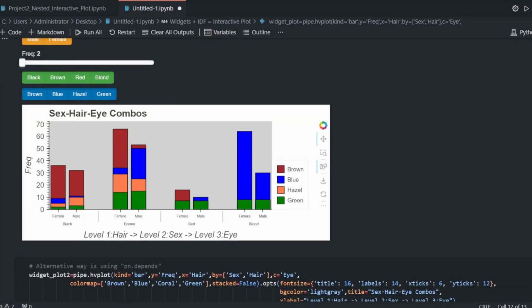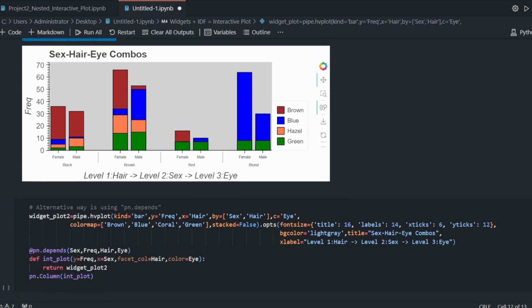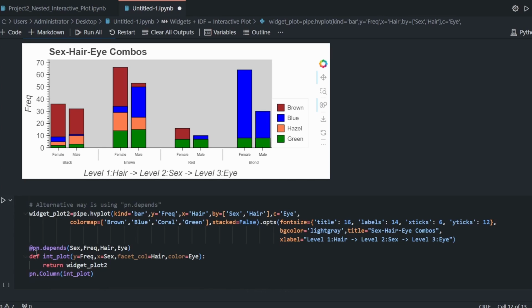Before doing it, I'm showing the second way to do that, which is the same graph plus, for those who already have experience with the decorators, so each is a function that wraps another function and connects some of the inputs data to some other parameters. And in this case, what I mean, to make it short, whenever I click on some of the inputs, which are the button or these widgets, the value connected inside this function call the function which is widget plot, so plotting these things here,